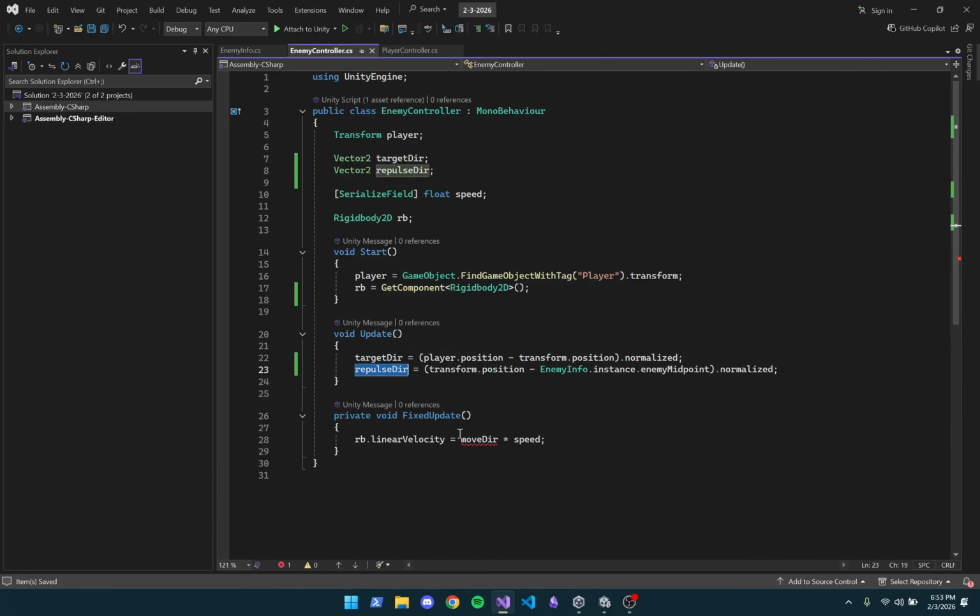All right, so now we have these two, but we need to figure out how to combine them. We know target direction times speed is how fast I want to move in that direction. But we also want to add some weight, or there are other ways you might do this. You could say that speed is a hard limit, because if you were to do something like